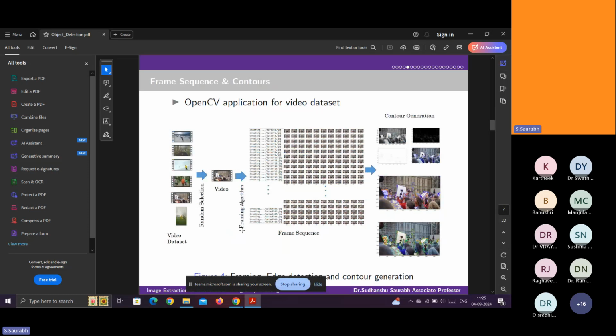By the framing algorithms, this video is converted into images. Once it is an image, you have to generate the contour, or the bounding box, around the image, apply the algorithms, and then you can easily detect.